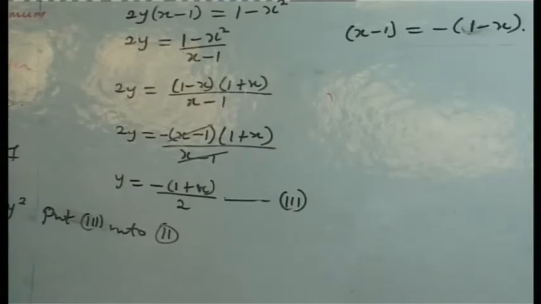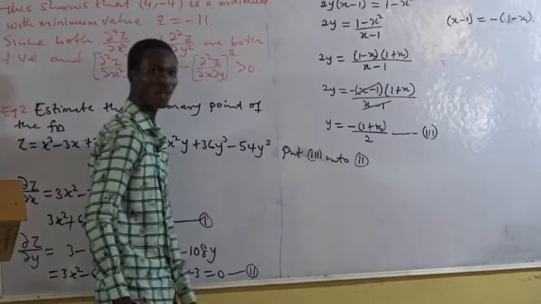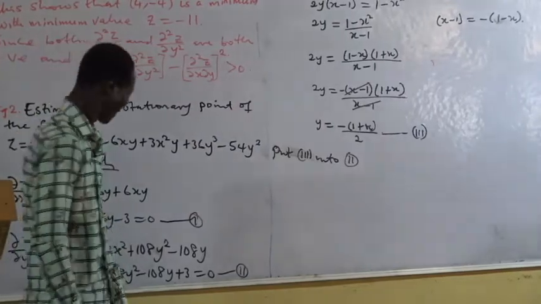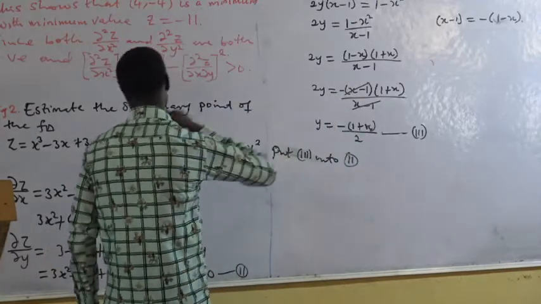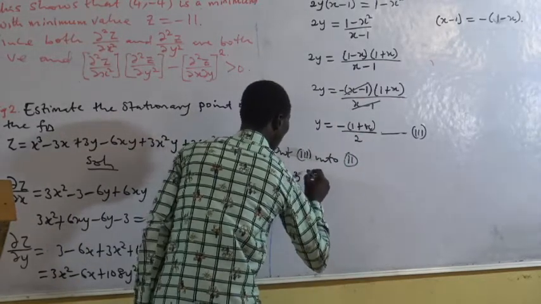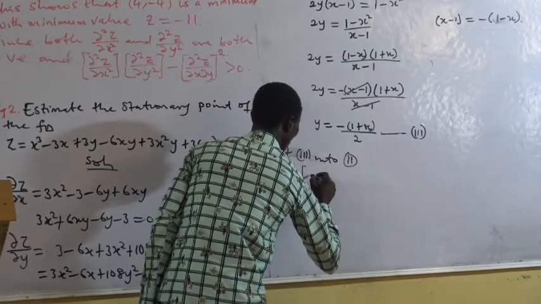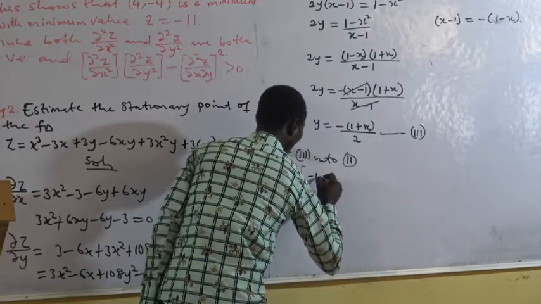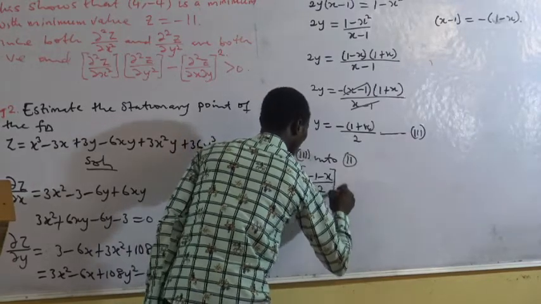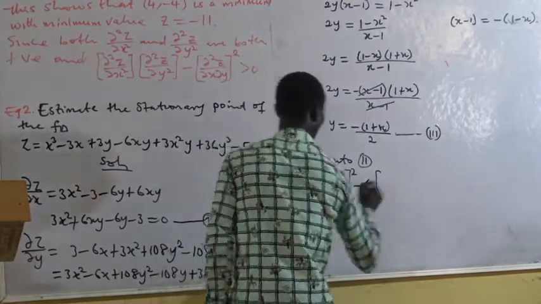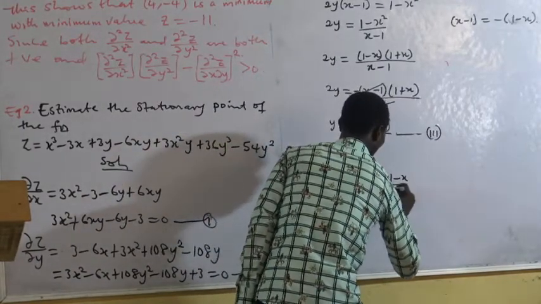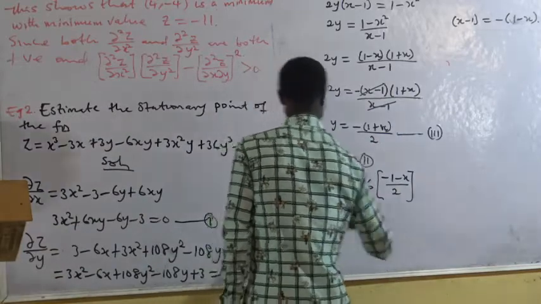If I put 3 into 2, I'll get 3 multiplying all this one squared. Then this one will give me 3 into minus 1 minus x over 2 squared, over 2 squared, minus 6 into minus 1 minus x over 2, plus,